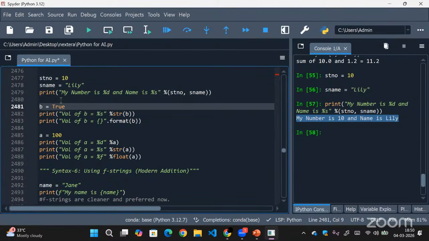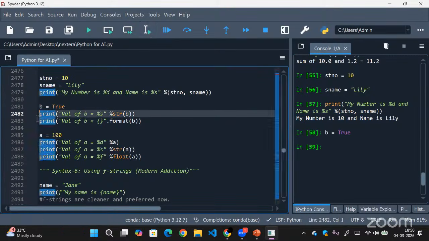Now I have a value b equals to true. So b is a boolean value here. As you know, true and false values are boolean, right? Now what we are doing is we are giving val of b equals to, so it will print directly val of b equals to. And here we have %s. I want to print this b in the form of a string, so that is why I've used the format specifier %s. This will expect a string, right? Since %s expects a string from you and your b is boolean,